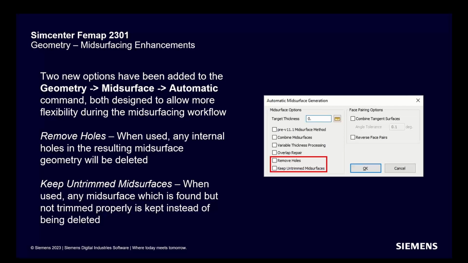All right, moving into the geometry improvements. So the first thing that I mentioned earlier was midsurfacing enhancements, and there are two new commands that have been added to the automatic midsurface generation dialog. And the first one is remove holes. This is fairly self-explanatory. It's basically just going to close holes in the midsurface